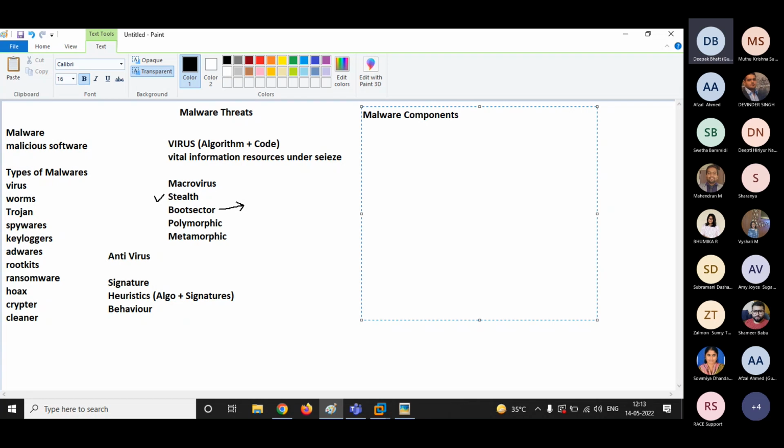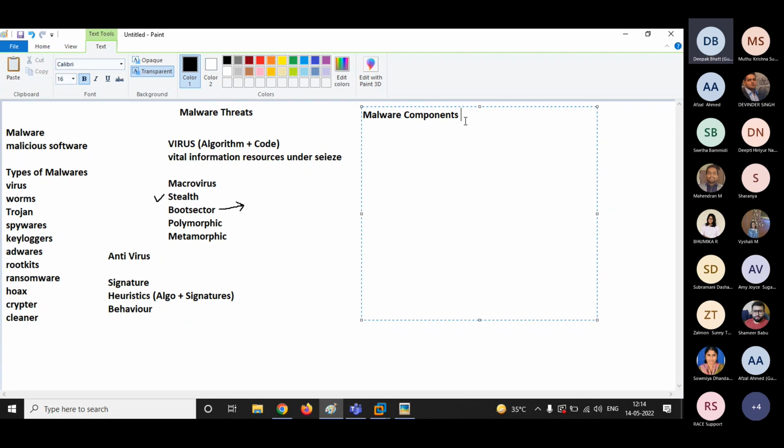One thing I want to tell you, malware is a common term, but it's composed of various components altogether. Likewise, guys, whenever you go to a showroom to purchase a car, do you say to the dealer I want to purchase an engine, or the steering, or just the body, the seats, or the tire? Does that happen anytime? No, right? Whenever you go to purchase a car, you say I want to purchase a car.